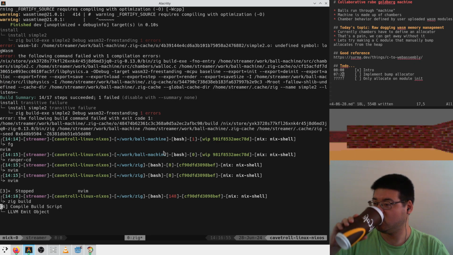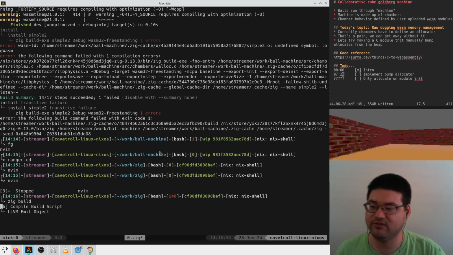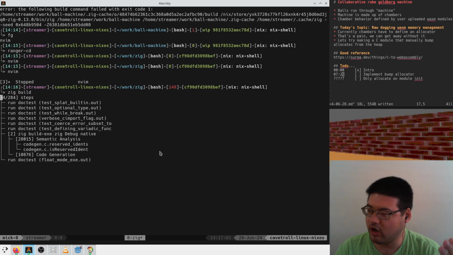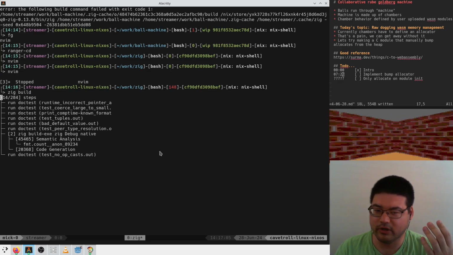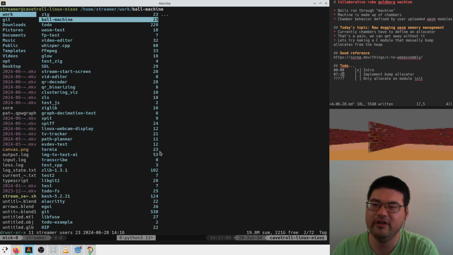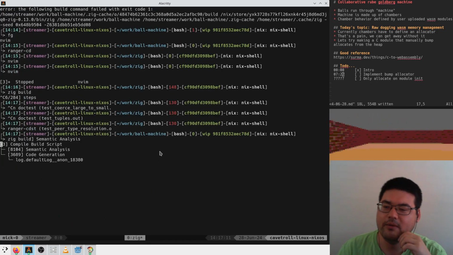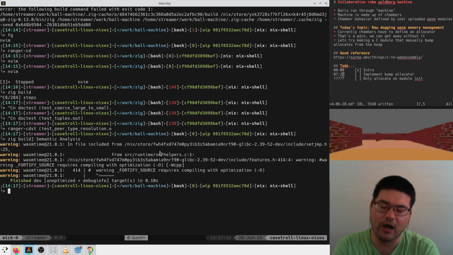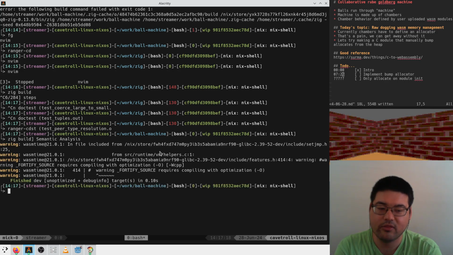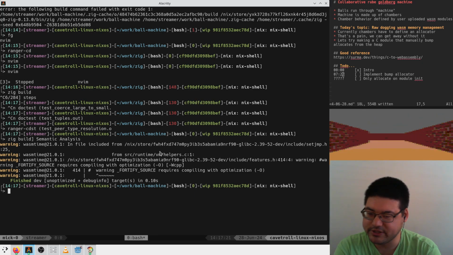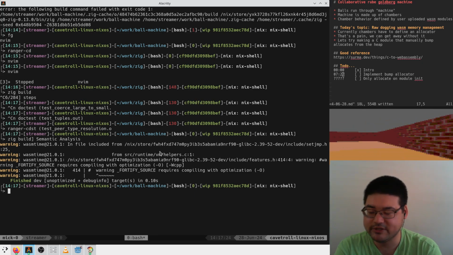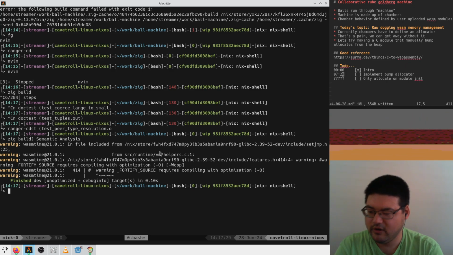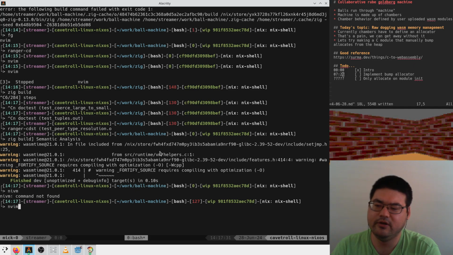How would compiling with undefined symbols even work? So the idea is when you have shared objects, you're always working with undefined symbols, right? Oh, I'm in the wrong folder. Because you say, hey, my shared object has this function foo. I would like to call the function foo. And the memory address of that function does not exist until runtime. And so what happens is in your object, in your table, you just have a bunch of